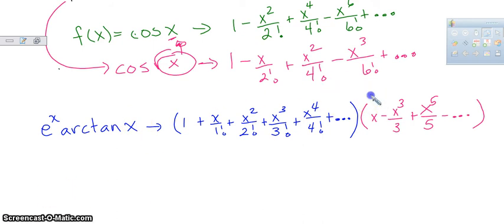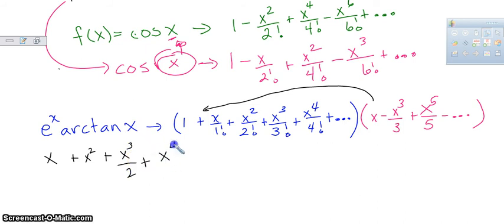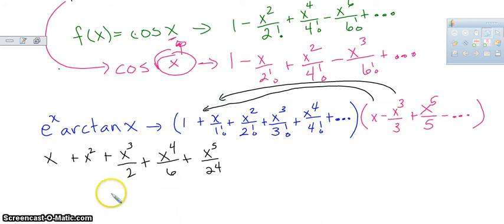All right, so I'm going to take x times all these terms here. When I do that, I get x plus x squared over 1. I'm not going to write that. Plus x cubed over 2 plus x to the fourth, that would actually be over 6, plus x to the fifth over 24. Now I'm going to do x cubed times all of these. So I'm going to distribute the x cubed term, and remember it's negative. So I get negative x cubed over 3